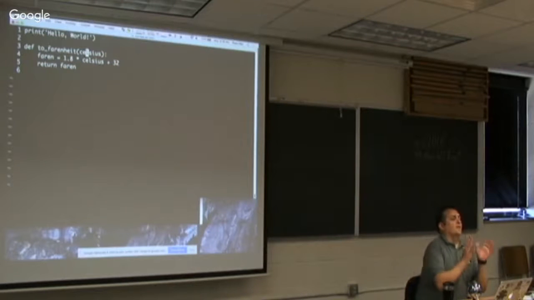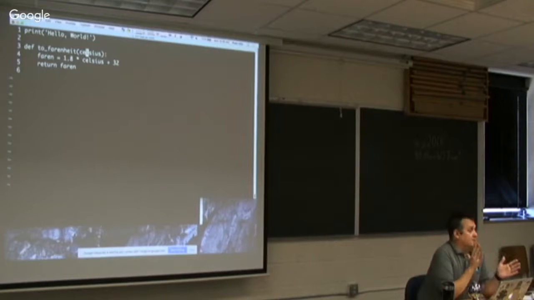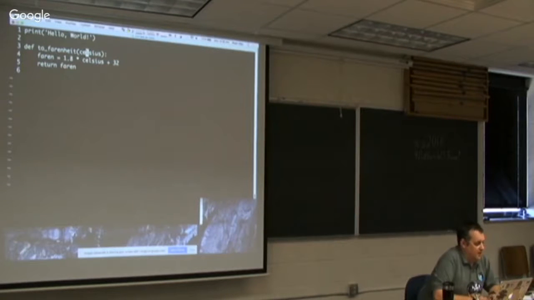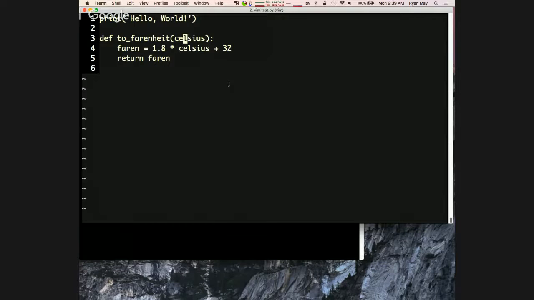We'll take it offline, and I'd be happy to continue this conversation offline. But the crux of it is, by not having to spend so much time focusing on specifying every last little type for the compiler, you can speed up development. The downside is you need to be very careful, and the best way to protect yourself is to write lots of tests. Python typically promotes an integer to a floating point if it makes sense. Yes, but then you have to be careful about your return values on your functions and all that. But most importantly, does everyone see how I defined a function here and we're returning a value out of it?